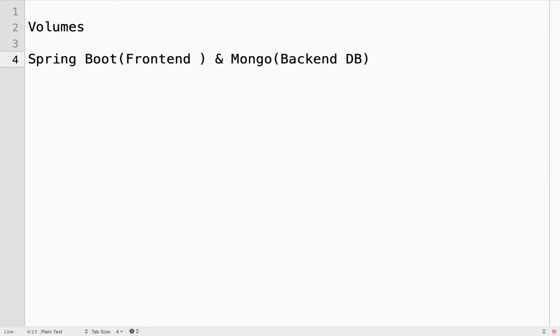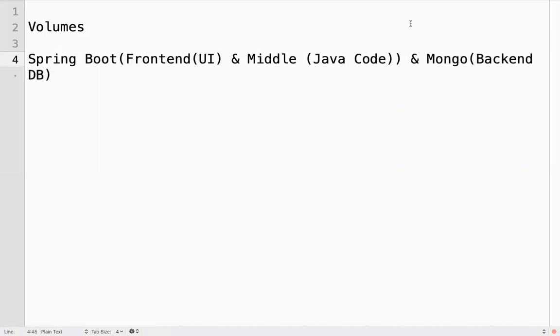It's front end and middle tier also, where you have a UI as well as the Java code.